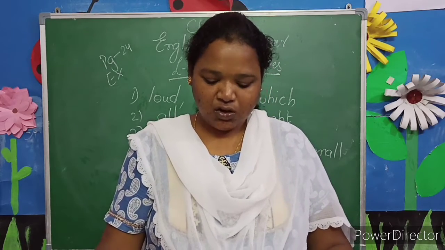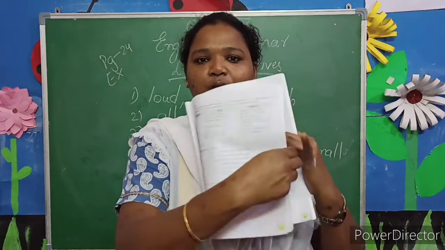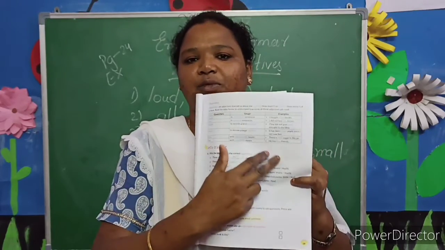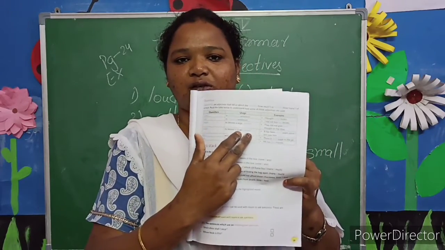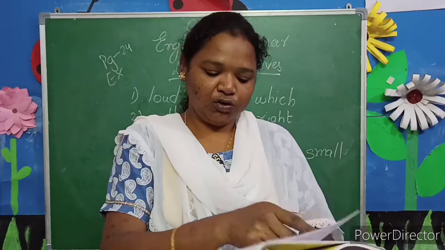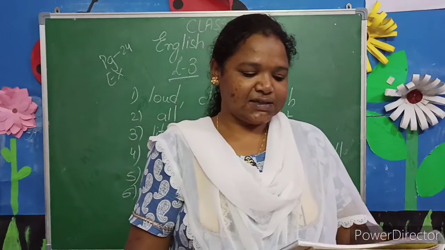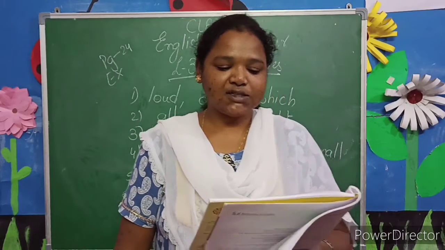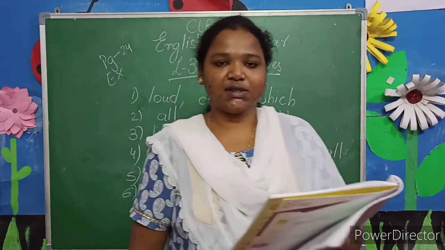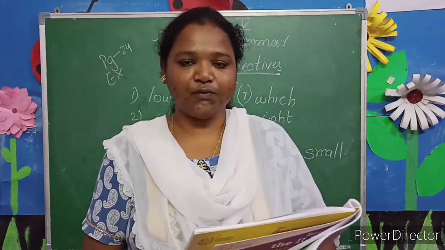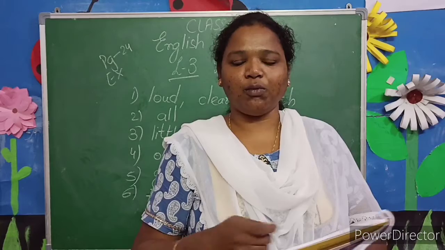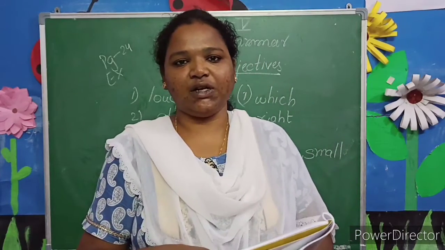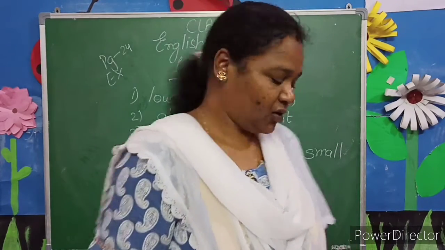Okay, children. So on page number 19 they have given information about quantifiers and how to use them. So take help from there. Right, children? So moving on to the next exercise. Exercise C. Fill in the blanks by forming adjectives from words given in brackets. So we have to use the correct form of the adjectives they have given in the brackets.